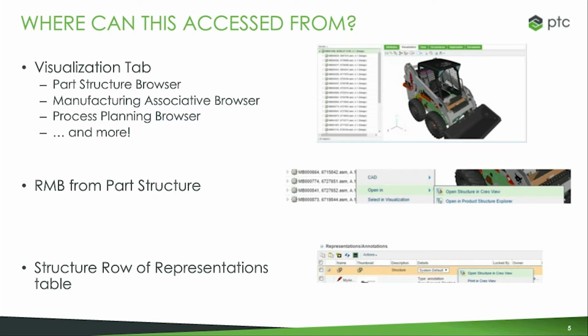The last one that people might not be aware of is actually there in the representations table. If you've enabled that, there's a row called structure that will allow you to open that as well. This will actually allow you to apply a filter from the drop-down before you open that structure. You can even go so far as to create a new representation and create a snapshot of that based on that